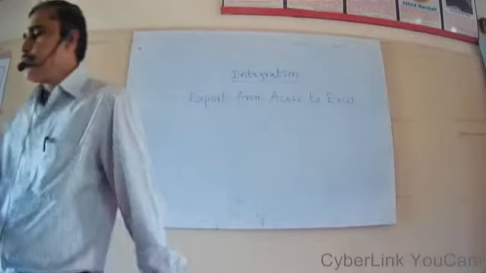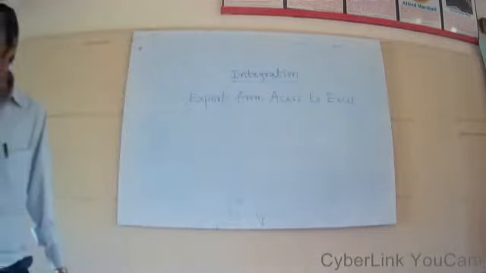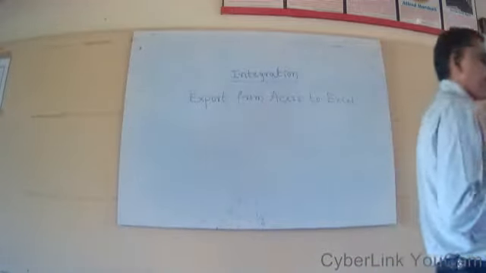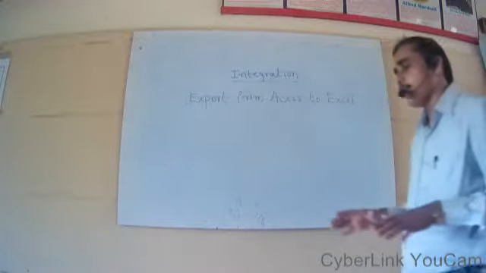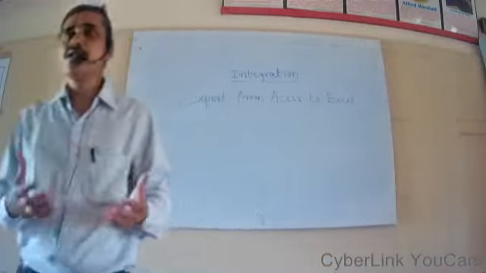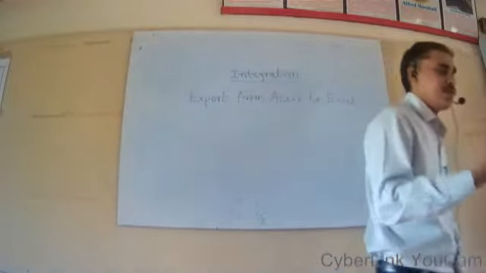After providing those two pieces of information, next you have to click on the OK command button. When you click on the OK button in the dialog box, this dialog box closes automatically. Still you are in MS Access. What happens is your selected table information is now transferred to Excel.